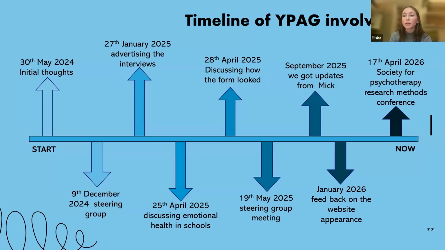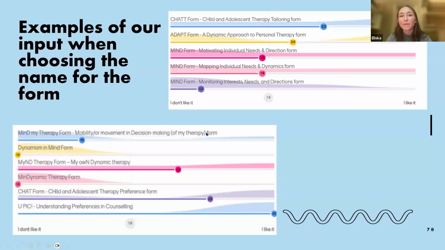So I was able to use lived experience to input on why I think the U-PIC form is actually really beneficial in therapy. And could we go to the next slide, please? And here are the examples that I was talking about of our input. So at some point over the 2 years, we had this